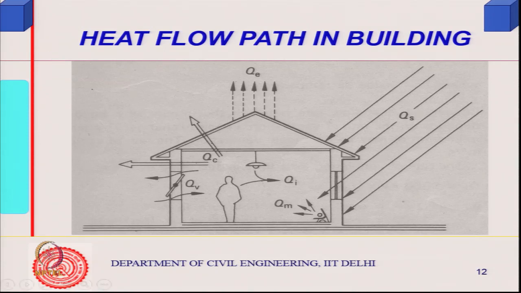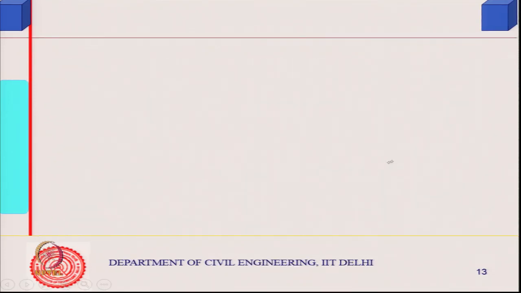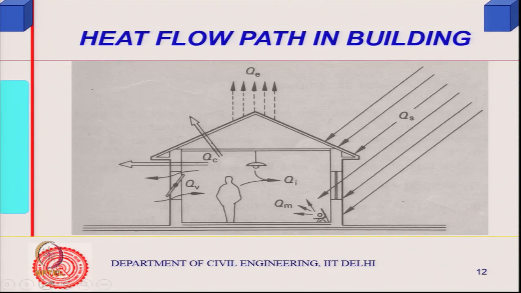There would be direct sunlight coming like this, solar radiation coming like this, and if you have a window, then the direct solar radiation will be received in this manner. But solar radiation can also fall onto opaque bodies like your roof, wall, etc., and this will heat up